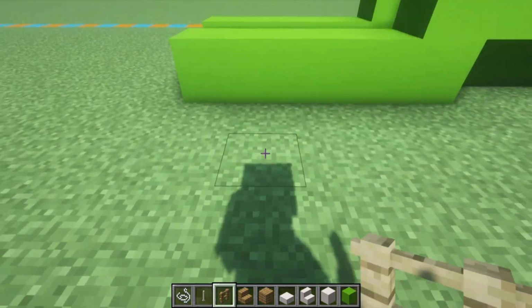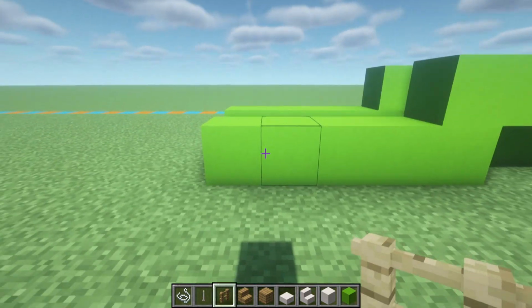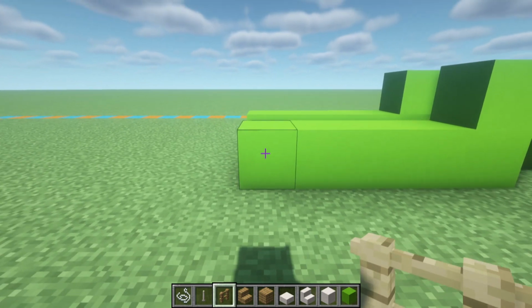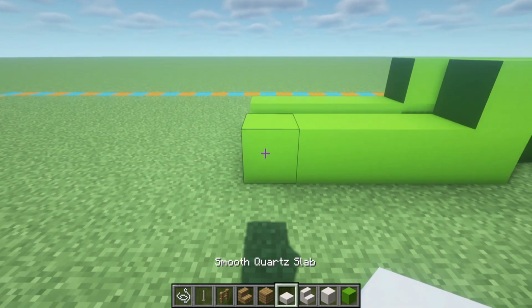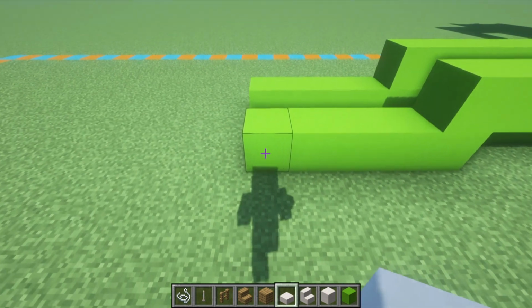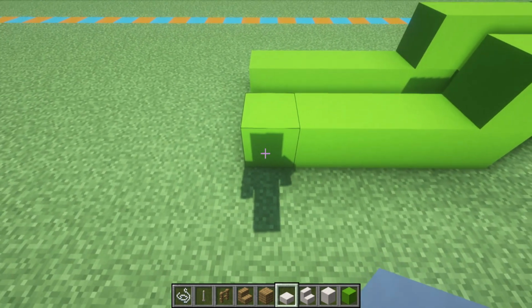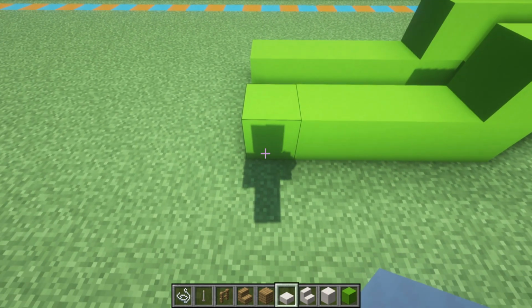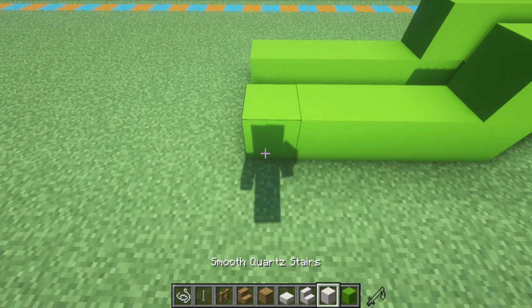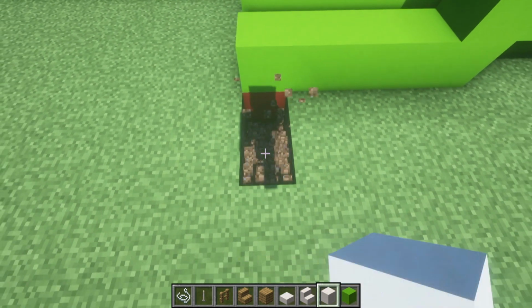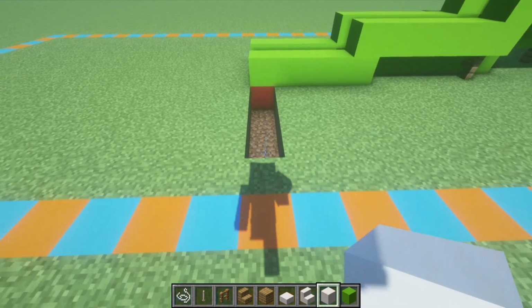So if you come all the way down to the bottom of your water slide, or the start, we want to take the very first lime concrete block that we placed and place 4. Or it might be better to do this actually. We want to dig a row of 4 in the ground, 1, 2, 3, 4, towards the front of the